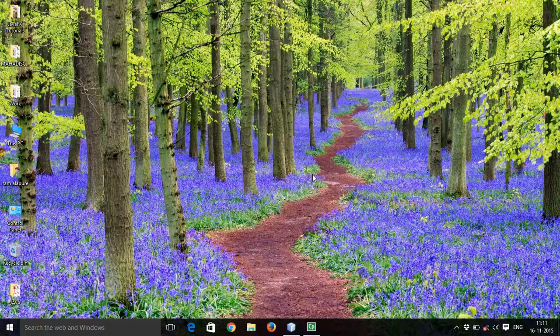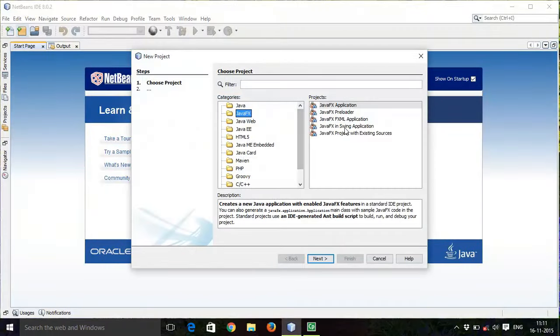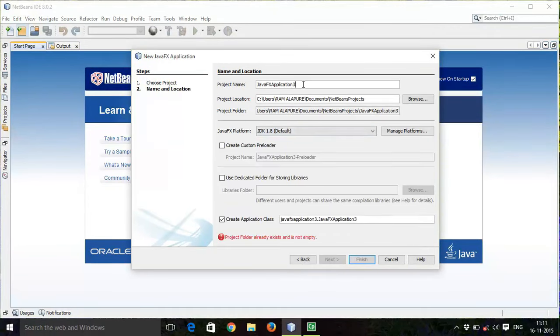In this tutorial I am going to show you save button action with a lambda expression. So let's start with one example. I will create a new application. I will name it JavaFX application 5.